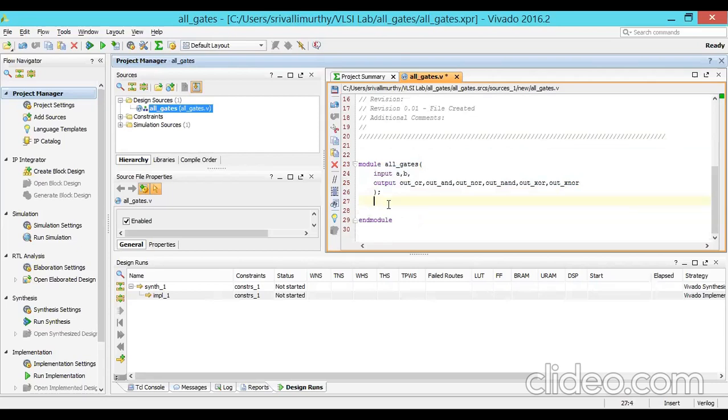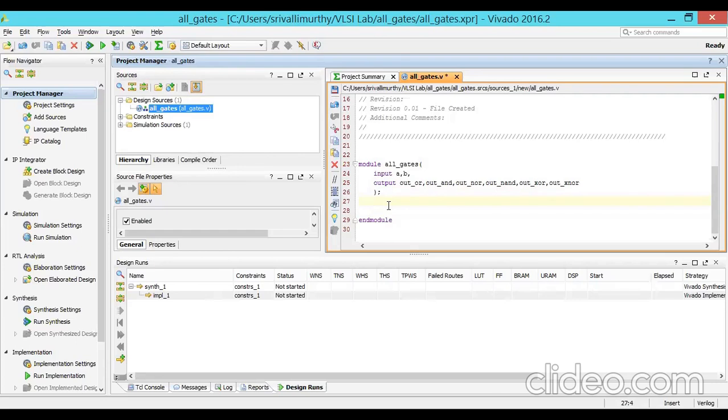So here we have to write the program. Generally in Verilog programming, there are mainly three types of modeling styles: data flow modeling, behavioral modeling, and structural modeling. Data flow modeling means you can implement the program directly by Boolean expressions.